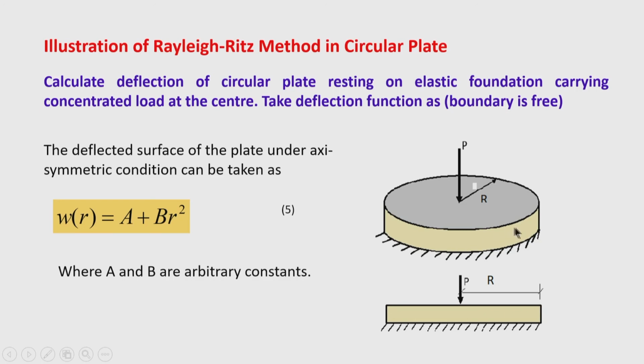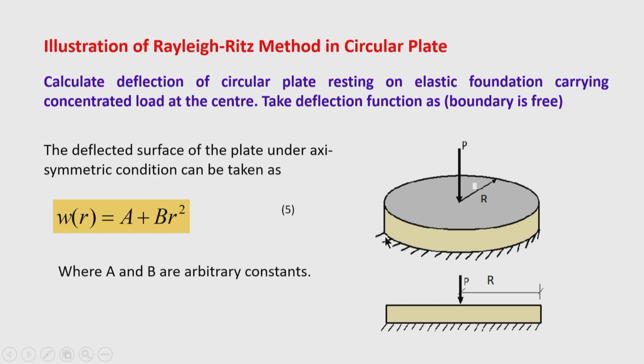So, the elastic subgrade here acts like a spring that offers resistance to the downward deflection of the plate subjected to vertical loading. Due to the upward soil pressure, you know that the deflection will be reduced. So, here the subgrade will act like a spring, and this kind of model is generally known as the Winkler plate model, or in case of a beam, the Winkler beam model. Now, here the boundary is not clamped, not fixed.